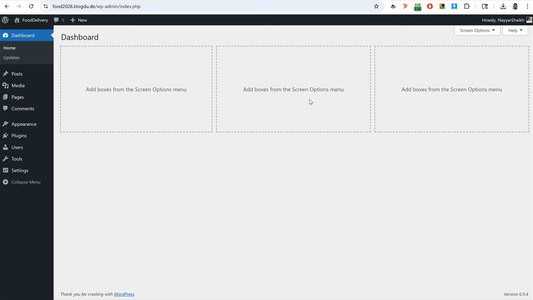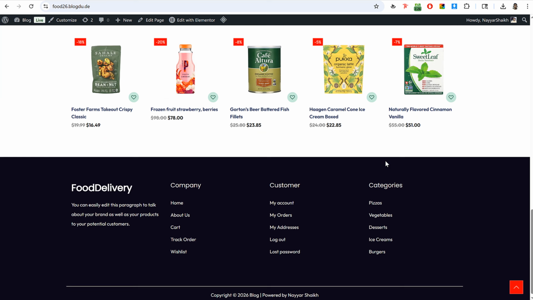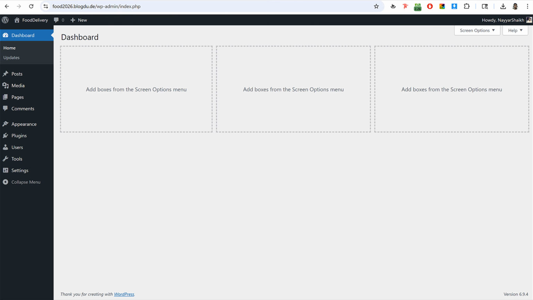Now, what is a page builder and what does it do? So page builder, as the name itself suggests, it will help you to build and design your pages. For example, this home page or any other page, these pages are designed using that free page builder. And to download the latest version, the version 4 of the free page builder,